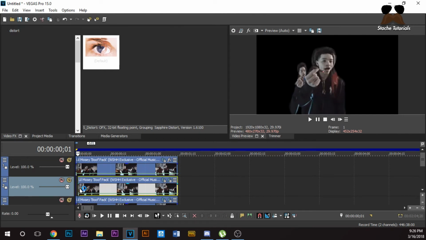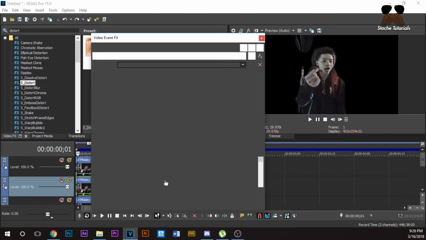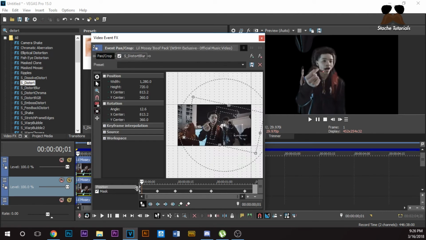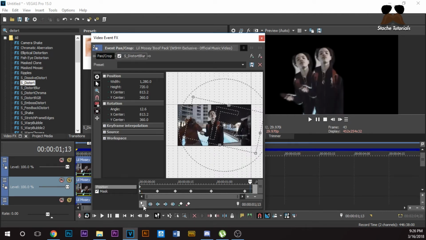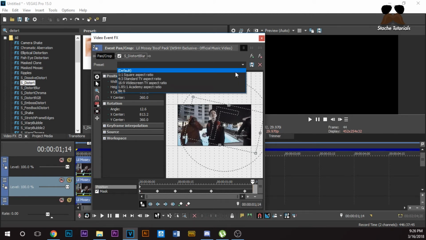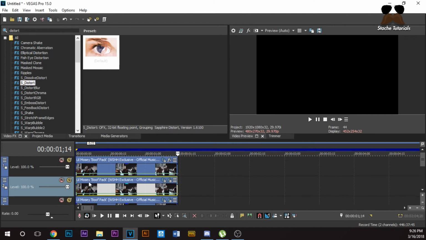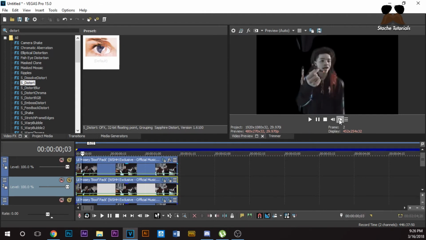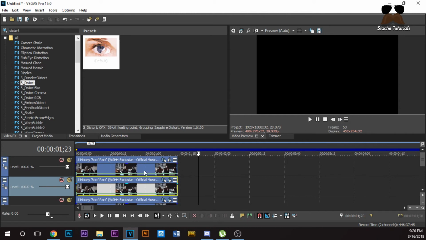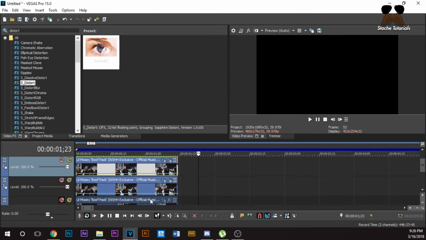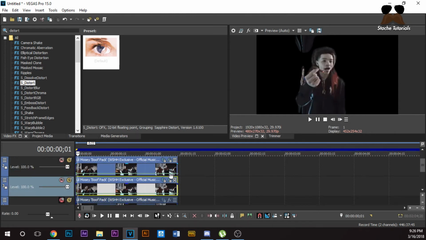Let's go back to the pan and crop, default, and then I want to go to the end of this clip right here. Make sure you have your sync cursor on so it moves to the end of the clip, and then I'm going to want to change this back to default again. So if you look at this, it'll look something like this. Okay, and trust me, it kind of looks weird, right? It kind of looks goofy right now, but it'll look decent at the end of this.